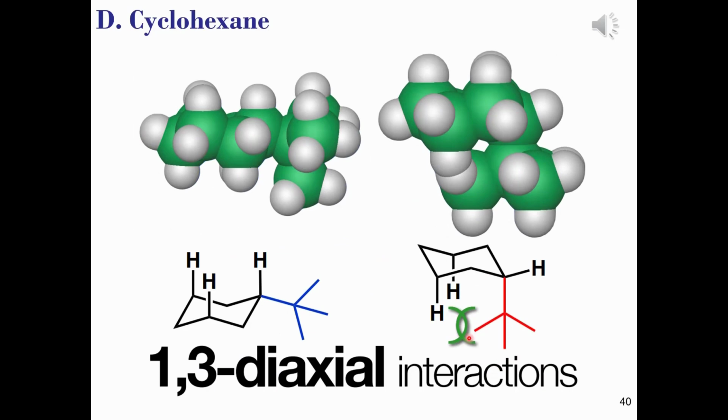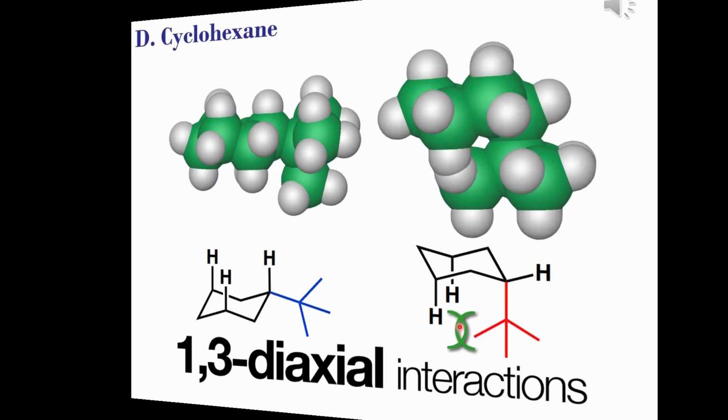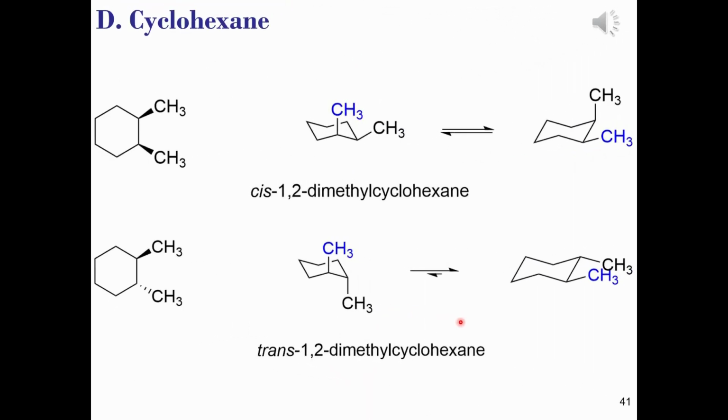To really bring this point home, I'm showing you what happens when we have a super big substituent like this tert-butyl group. Now the equatorial is 100% favoured, and the ring flip process is stopped because placing a tert-butyl group in an axial position would cause such unfavourable 1,3 diaxial interactions that in fact the ring flip for this does not happen at all. Let's now take a look at some di-substituted examples, and here we have a 1-2 relationship